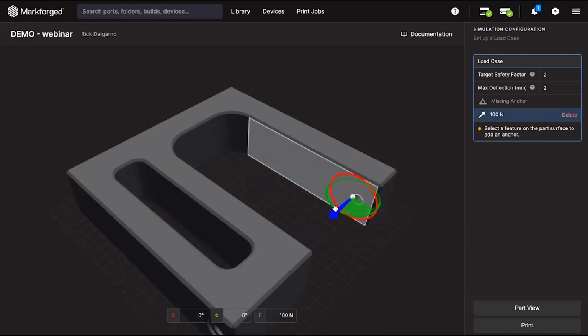Now the orientation of the load is adjusted in the direction shown, which is the direction that the material block pushes on the surface when the operator is holding the part. And you'll notice that there are several tools for orienting the load. You can grab these red or green rings and adjust the arrow,